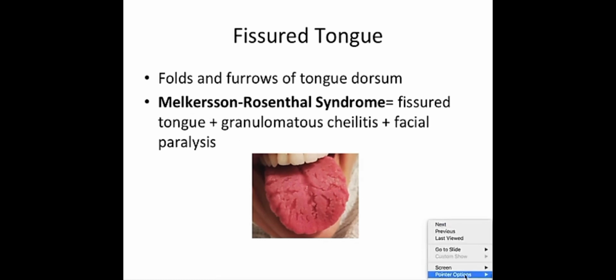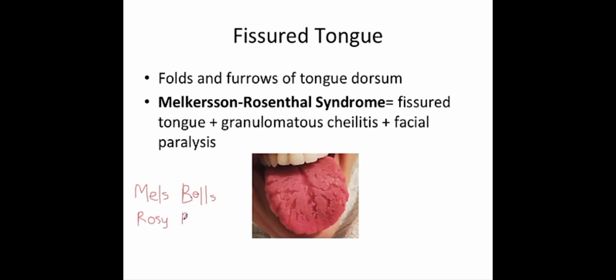How I remember this is, it's not an acronym, but a helpful way to think about this is Mel's-Bell's. So you can think of Melkersson and Bell's, referring to Bell's palsy, which is another type of facial paralysis involving the facial nerve. And you can think of rose, or rosy red,